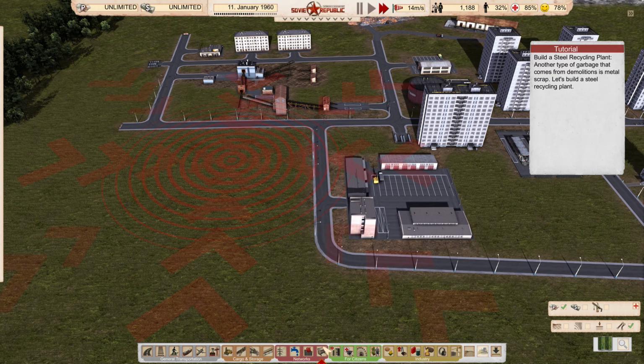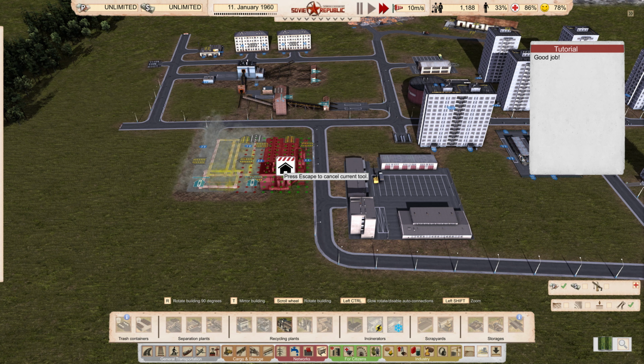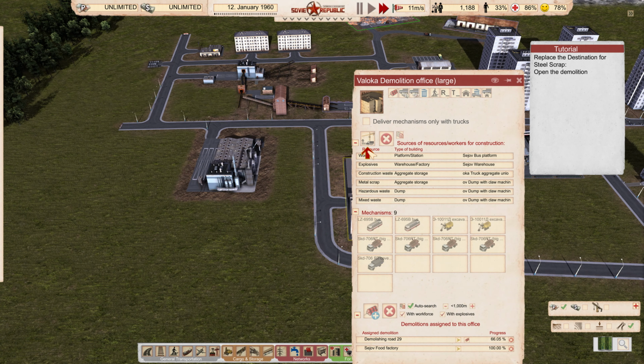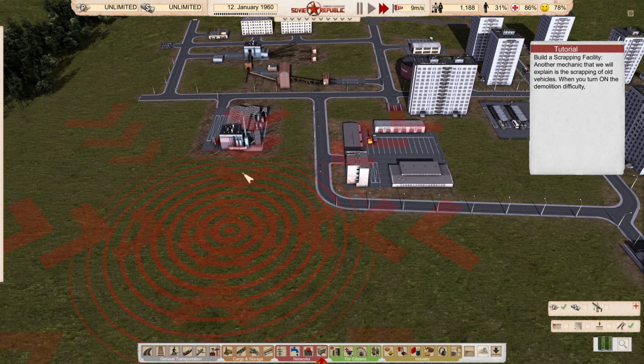All right, let's build a steel recycling place now, because we're going to have some steel from that mixed waste. And now we need to let the demolition office know, hey, you could pick up some steel from here. So now the demolition office knows it can pick up gravel from here, can pick up steel from here, and